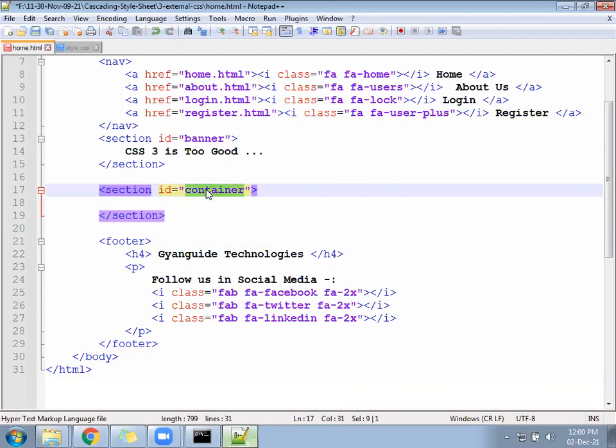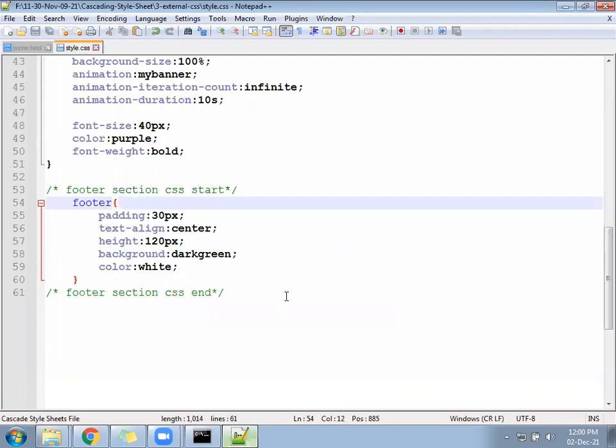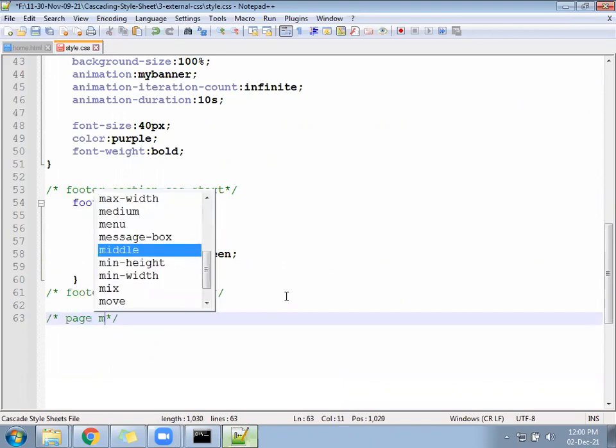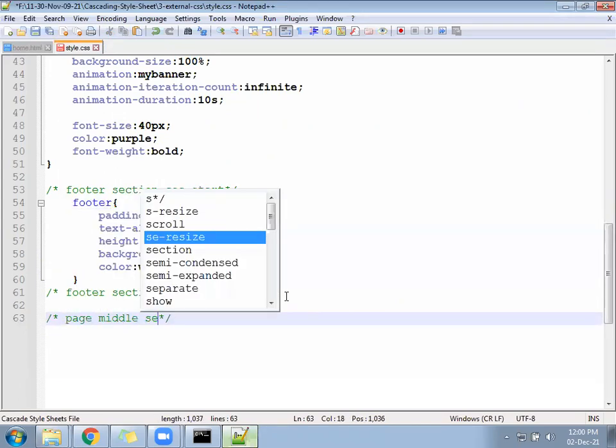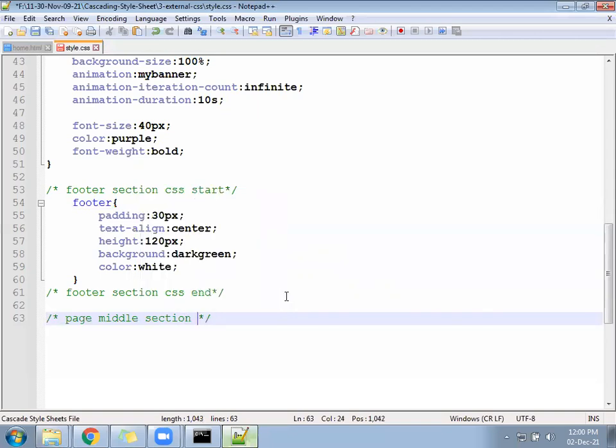Come for the container and write some CSS for it, minimum height. For the container, you can write a CSS comment here: page middle section CSS start here.